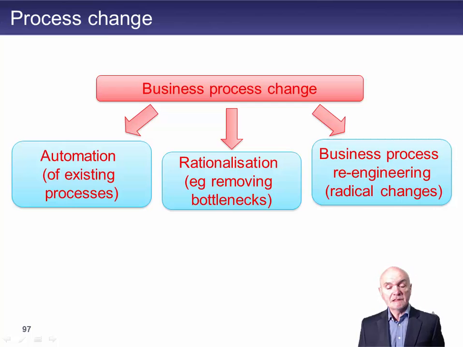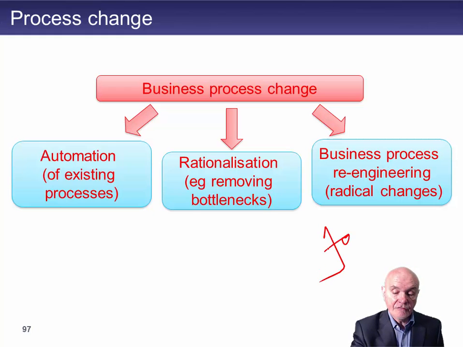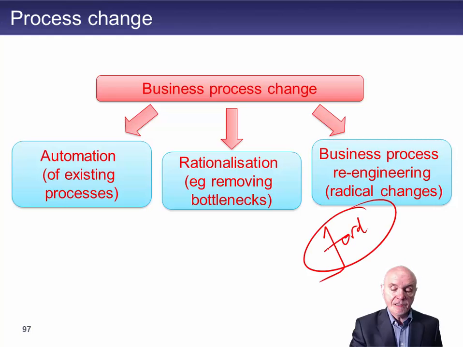And finally, we have business process re-engineering. Business process re-engineering is a very radical change. The example which is often talked about was in Ford Motor Company, in Detroit in America. They had a very large factory, and very large factories had a very large accounts payable function dealing with purchases from their suppliers, and many suppliers. And they did a very traditional purchase payables function.